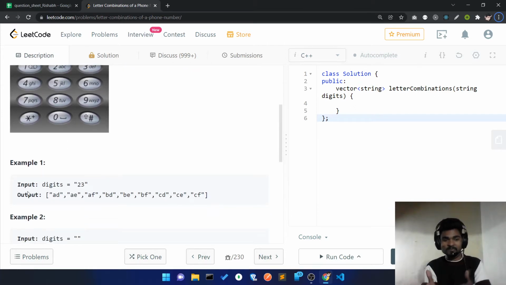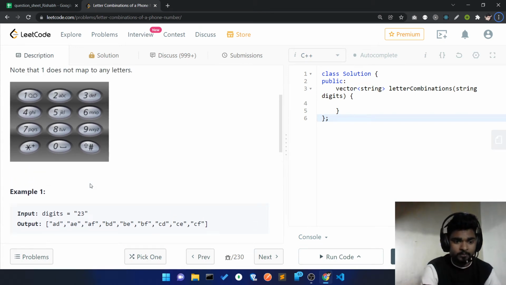Let's understand this question by using example one. You are given an input string of digits, 23. Corresponding to this 23, what combinations are possible? I can pick A and I can pick D, and I make one combination. I can pick A and E, another combination. I pick A and F, another possible combination, and I generate all the